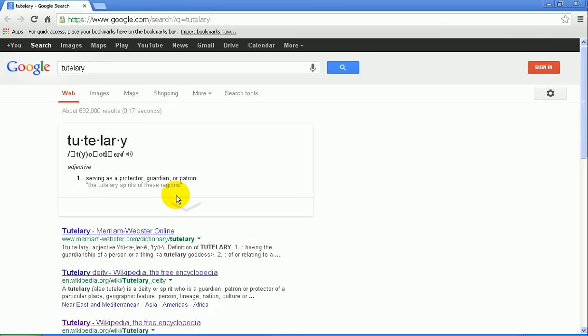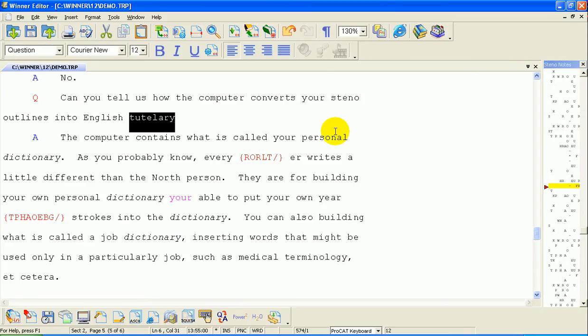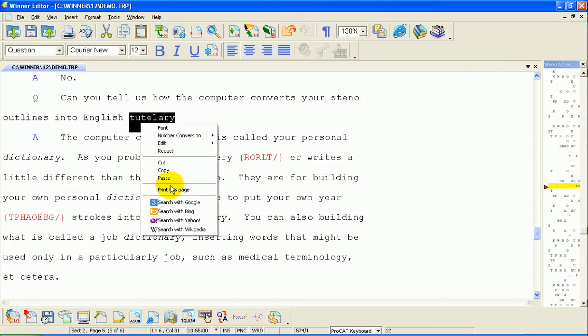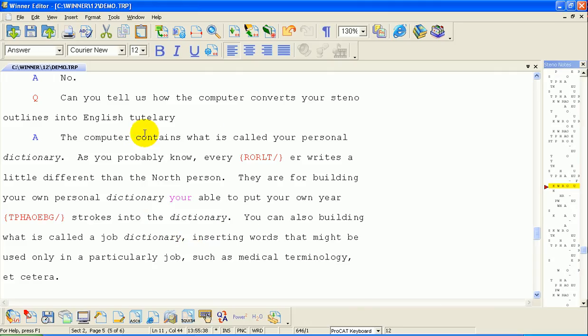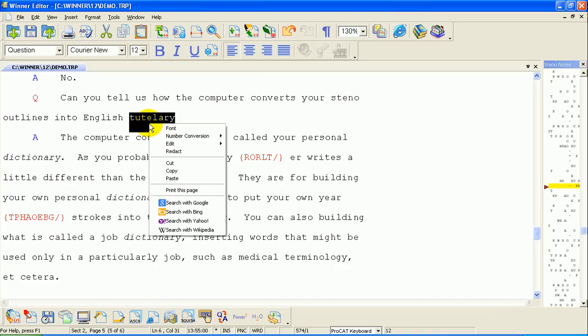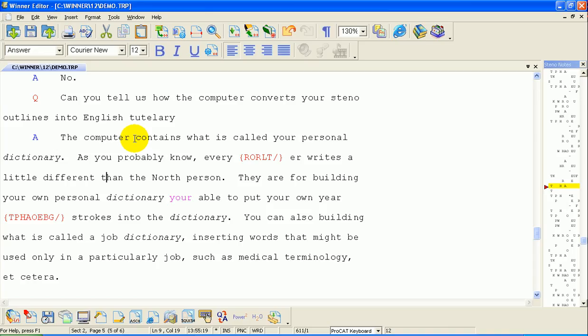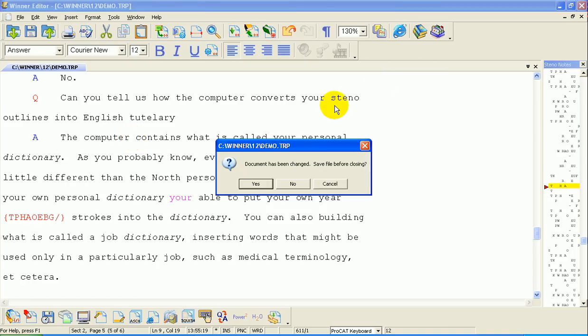So we've added that for Google, Bing, Yahoo, and Wikipedia. So you just double click to highlight the word and then right click on it to search with Google. I'm going to exit out of the editor now,